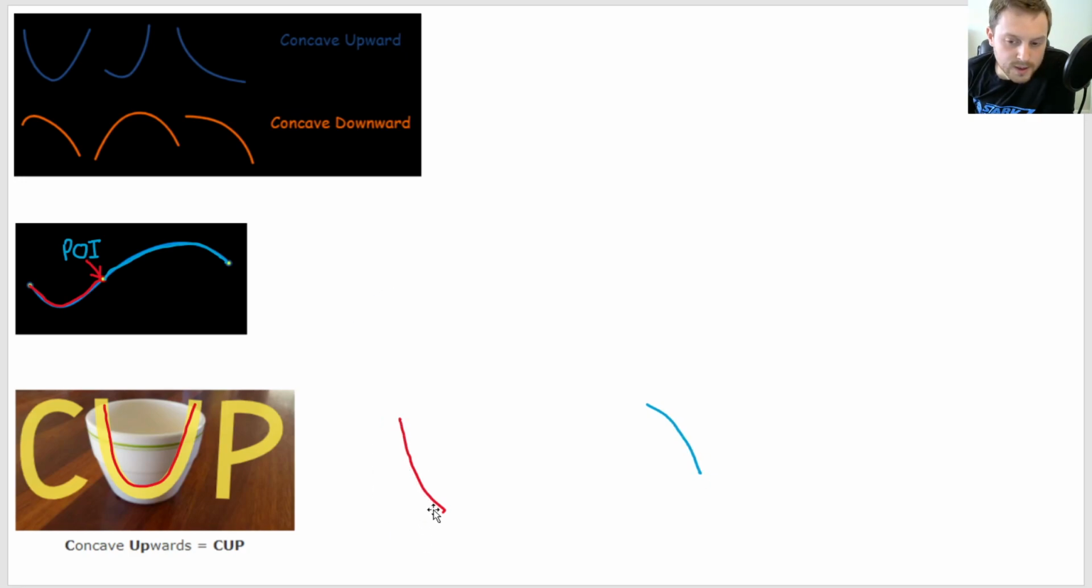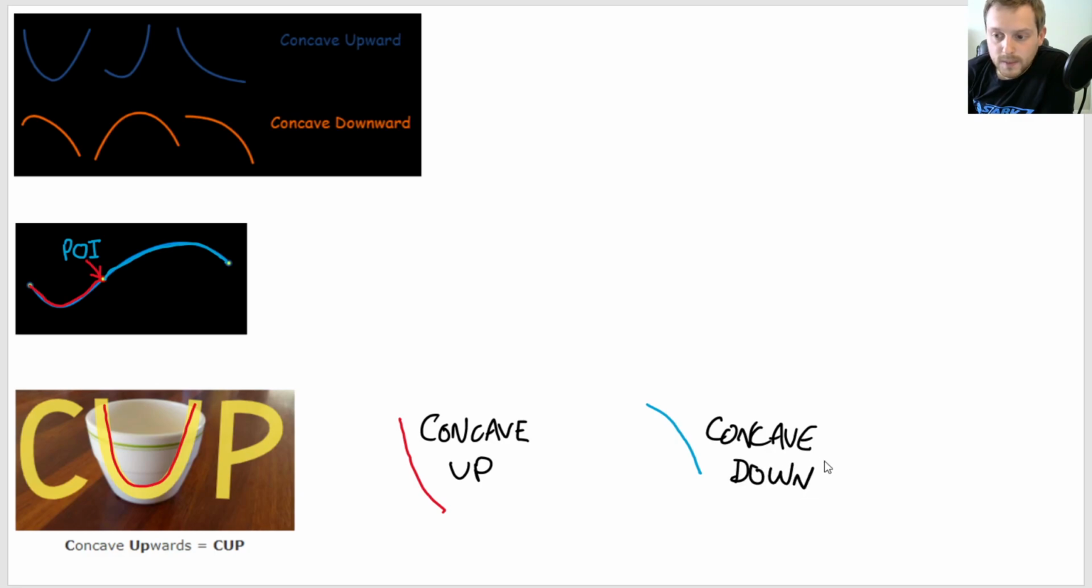This is starting to slope up and become a bit of a smile. This is part of what would have been a frown. So this part is concave up, and this part is concave down. And so if I just draw a wiggly line,